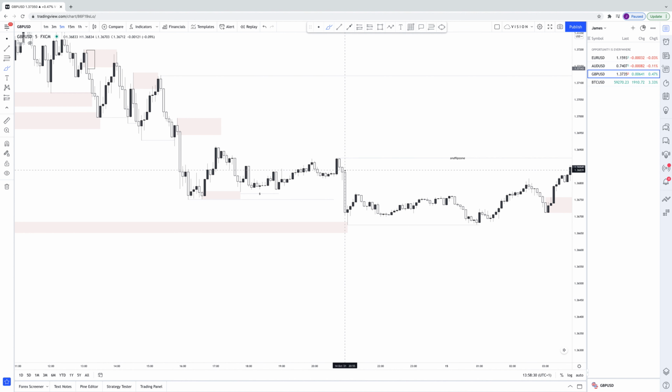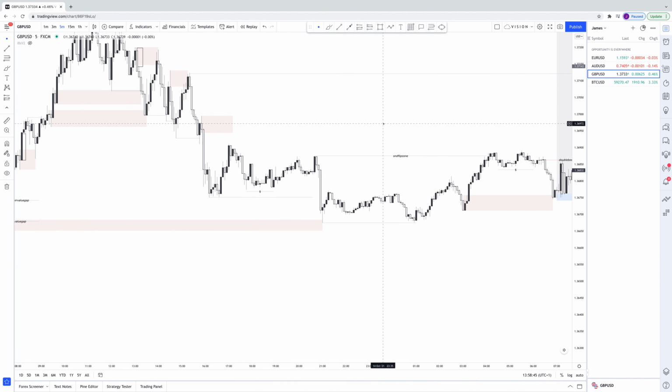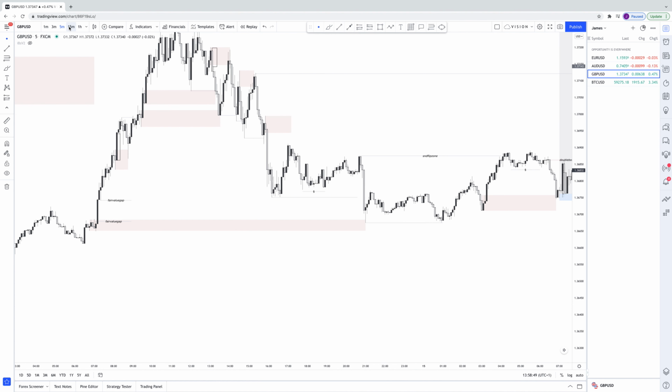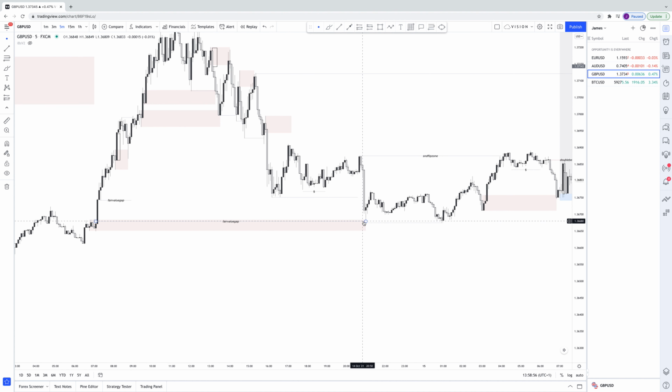What does price do? Impulsively comes in, sweeps liquidity. Okay, so this is now we've induced people in, we've taken liquidity. This is now showing intent for price to now move higher. And what does price do? It comes into our 15-minute, or even you can look on here, this is the higher time frame. We come in perfectly,